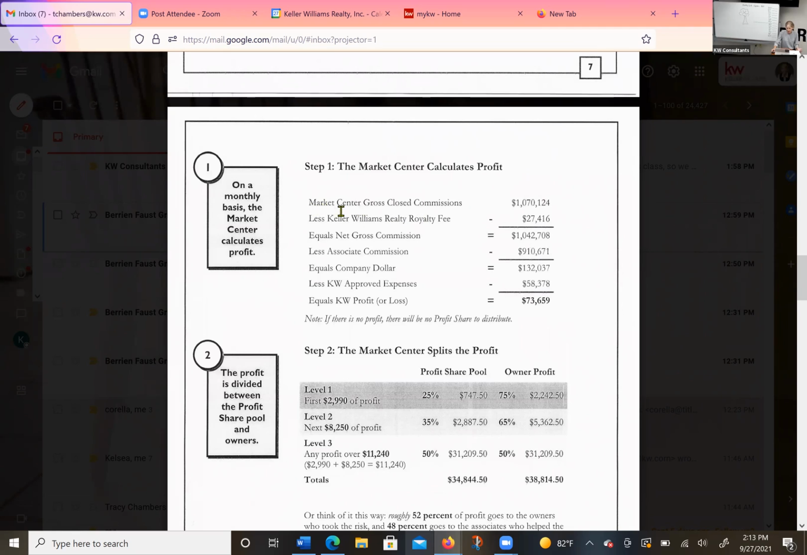So what happens is, let's look at step 1. A market center has gross commissions of $1 million. That's the money coming in from all the transactions closing. Then the first thing they take off is the royalty. That's the 6% royalty that's taken off. So we're left with $1,042,000. Now we have to take out all the commissions that we pay the agents. That's their money, and we're left with $132,037. Well, wait, we have to pay expenses. So we have to pay salaries, we have to pay rent, we have to pay electricity, we have to pay all the things we need to run a market center. So once the expenses are backed out of that grand number, you're left with